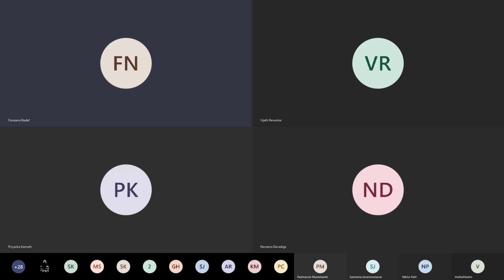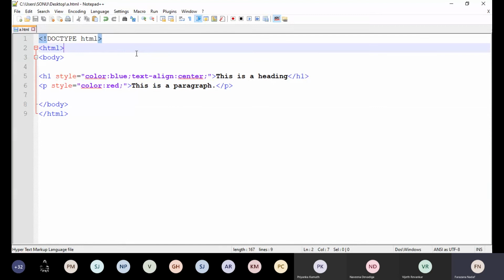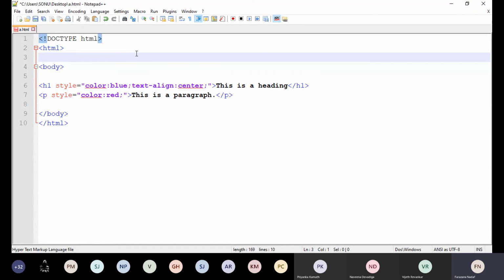So how can you apply a document style sheet? You have to use the style content in the head tag. Now I'll share the page, this file. In this we need to modify it as a document style sheet.